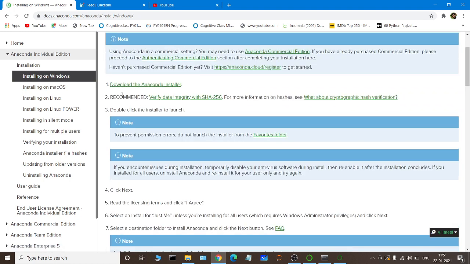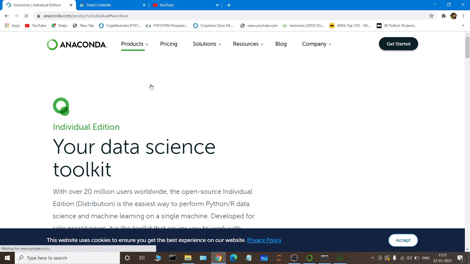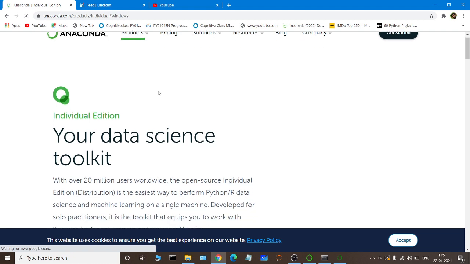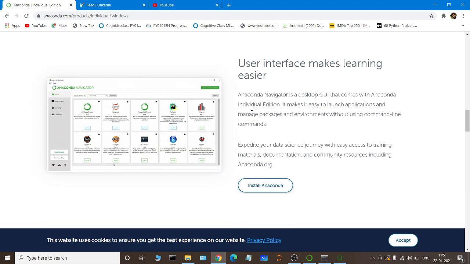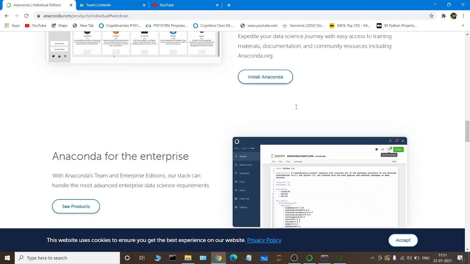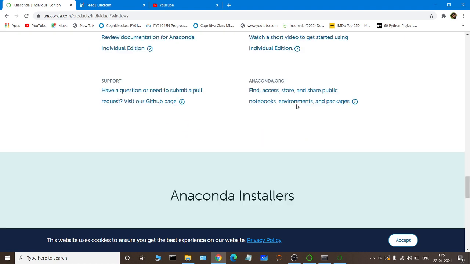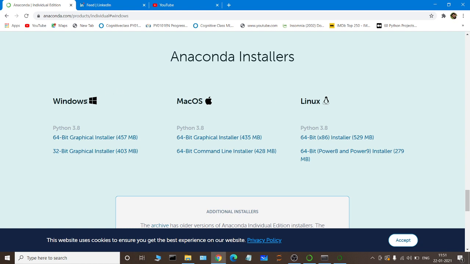So just click on this download Anaconda installer. Don't worry, I will also provide that particular link in the description box. So come down. If you come down there will be user interface install Anaconda. So this is not the way to install. Just come down. If you come down there will be Windows operating system files and a Mac operating system